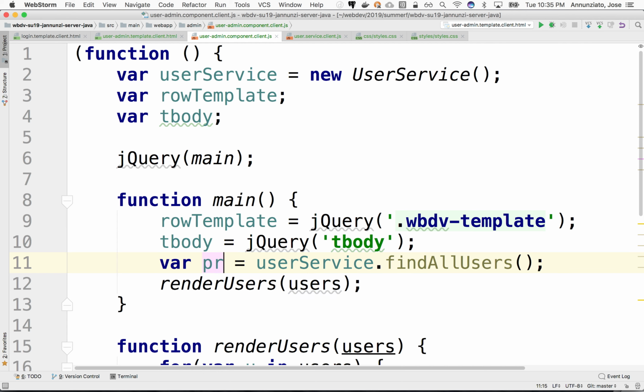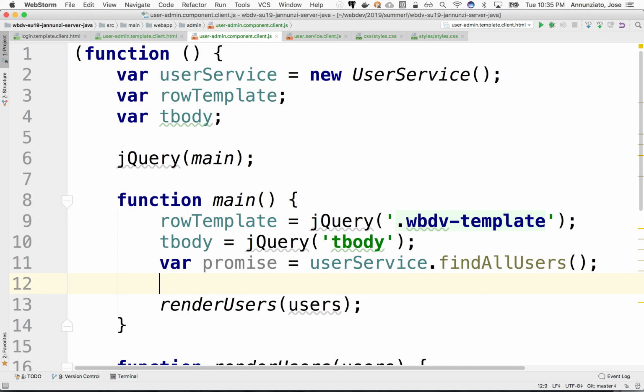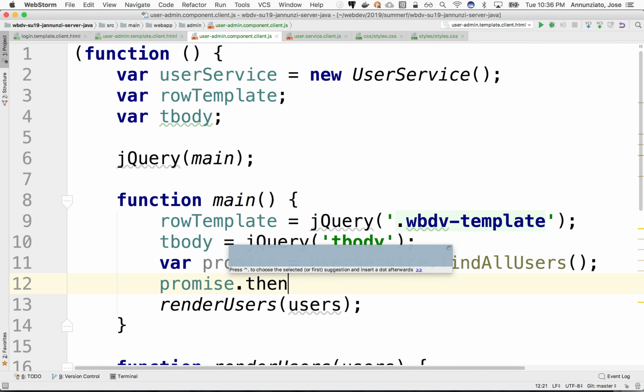This promise allows us to register a callback and say, hey, at some point this is going to come back from the server. Tell me where I call you, where are you going to be so I can find you and give you the response that came back from the server. The way we do that is that this promise object has a function called then.